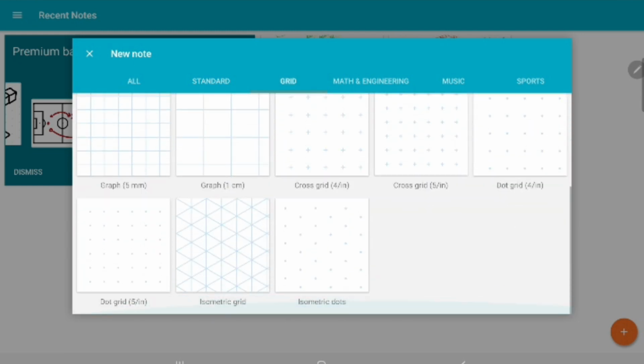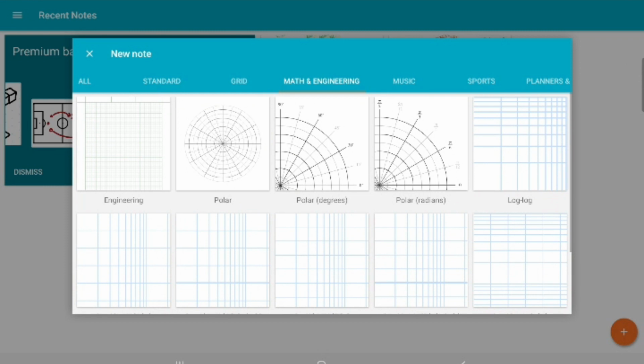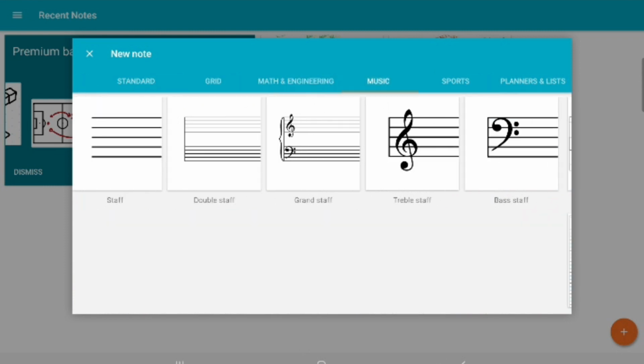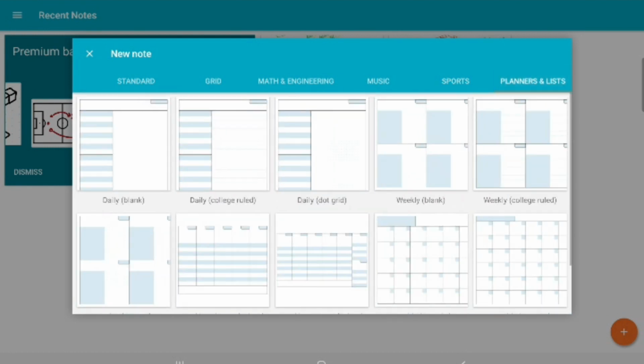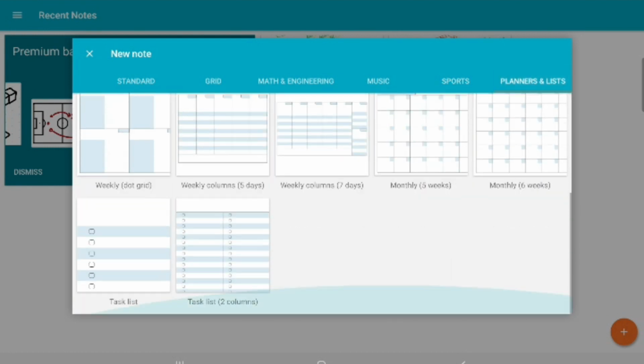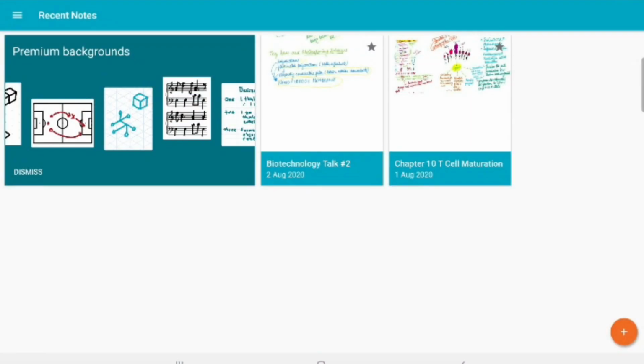Then maths and engineering have other options. If you go to music, sports, or planners and lists, there are other options too. So this is the main functionality, and this is why I like this application very much. This is one positive point towards the Squid app.